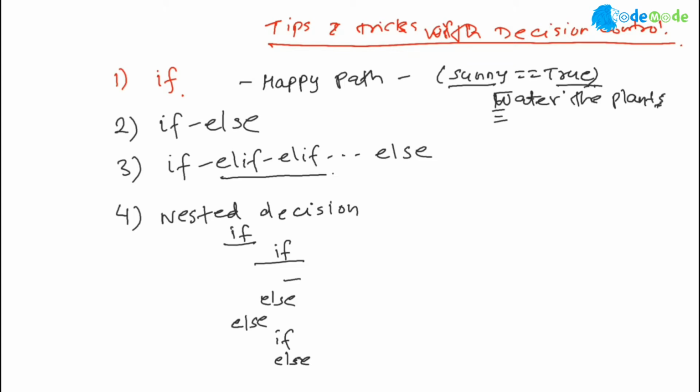The second one is the if else. When you care about when the condition is true or the condition is false, that means for both values of the variable sunny, you have true and you have false, and you want to do something here and you want to do something here, then you use if and else. So you still have a single variable, single value. That's how you remember it. Single value which is true. It can also be false.